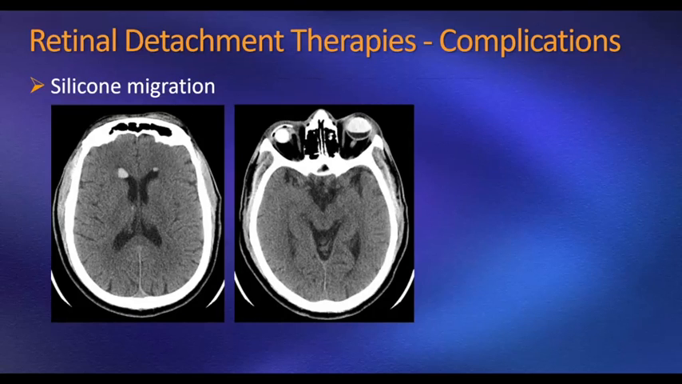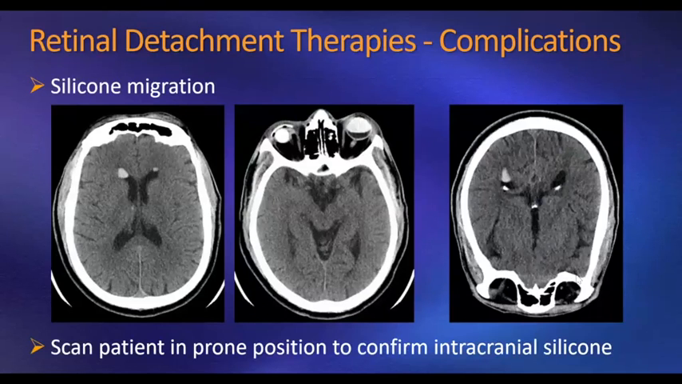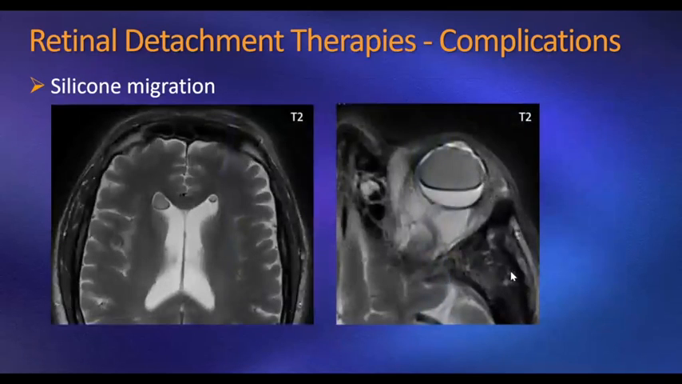And when you want to prove that you're dealing with intraventricular silicone, you can place the patient in a different position, such as here in prone position, where the silicone will again migrate to the superior portion to be superior to the CSF. On MRI, the hint that you're dealing with silicone is, again, that it has same signal intensity